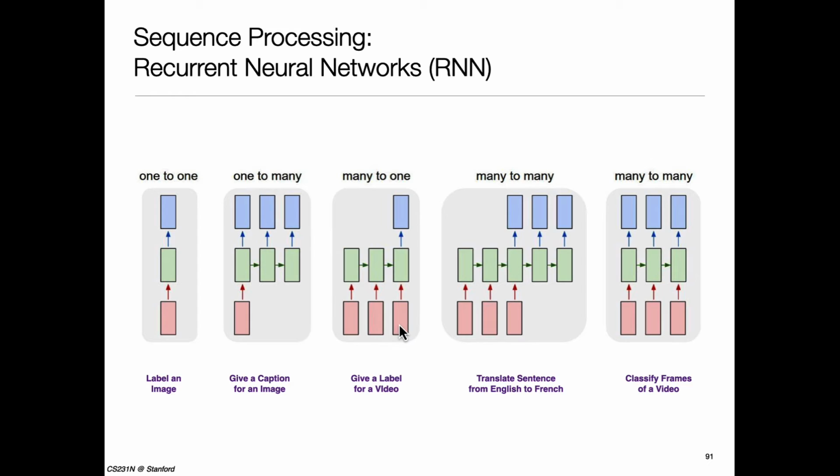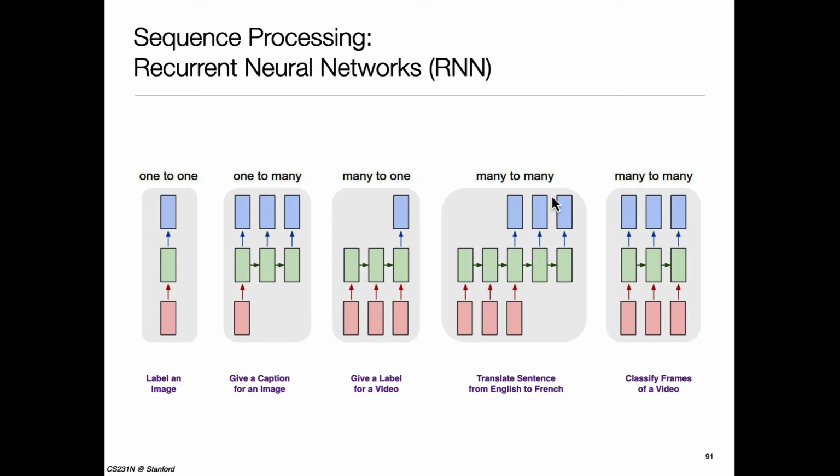Many to one. I can give it a time series, and I can ask it to classify it. So I can give it a time series, and then say, tell me what type of sound it was. The big plus here is that I am no longer limited by how long my time series is. I can give it a time series of an arbitrary length, because I'll have a special symbol called start and a special symbol called end. So I'll feed my system start, measurement 1, measurement 2, measurement 3, measurement whatever 1001, stop. And then when it sees stop, it outputs a class label. So I could do that.